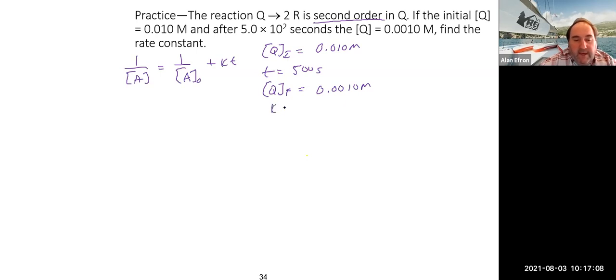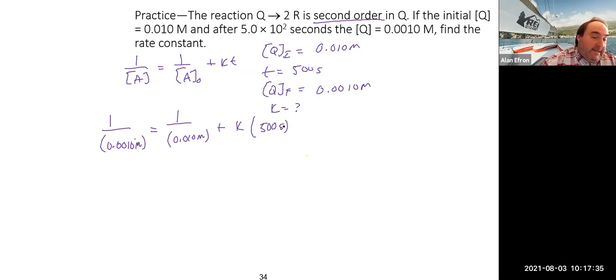And we're looking for K. So we do have pretty much everything we need to plug in. We just want to make sure we get everybody in the right spot. So this can be 1 over the 0.0010 molar. It's equal to 1 over our initial 0.010, this is plus, and we are looking for the rate constant, and our time here is